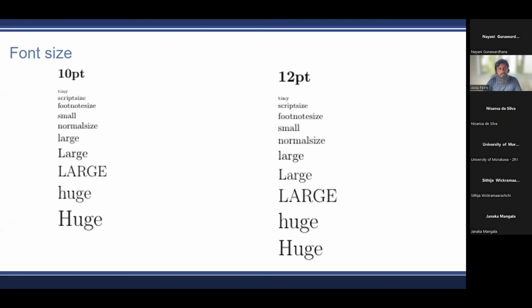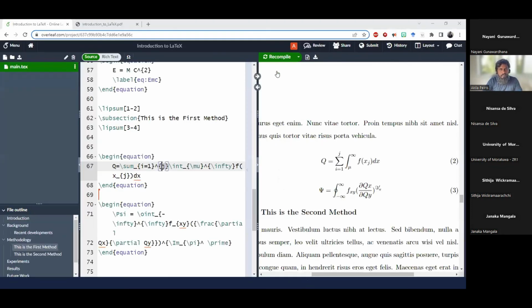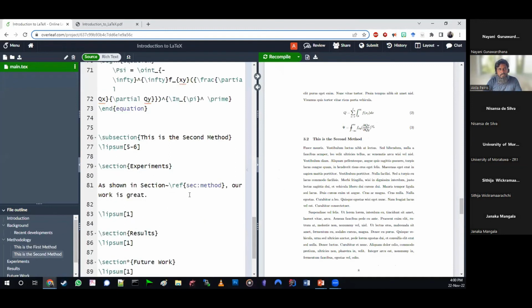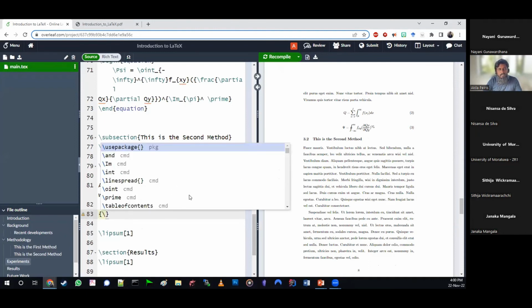So if for some reason you want to have larger text in the body, be very careful if you are doing this. This would be basically going against what the template is saying, right? But in some cases, if you are going to demonstrate something, you might need this.